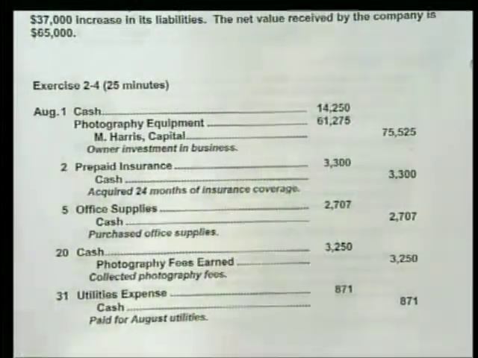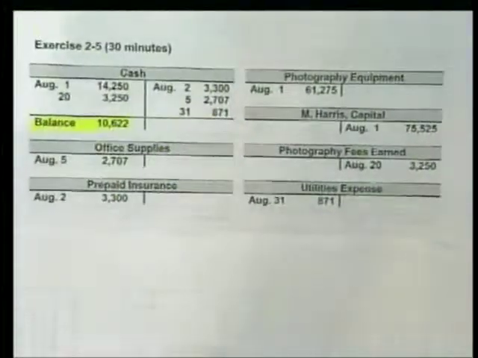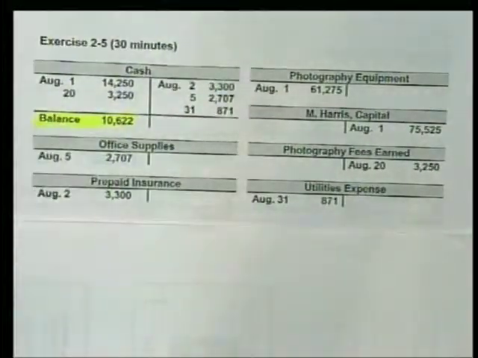Okay, let me show you what those T accounts look like. Those T accounts look like this. Now, this is a pretty easy one in the sense that all of these accounts except for cash, there's only one thing happening to it. So somebody might even say, why do we need to do this T account thing? Can't we just cut to the chase and do the trial balance? No, because most of the times these will have a lot of increases and decreases in them. And how else would you figure out what the ending balance is?